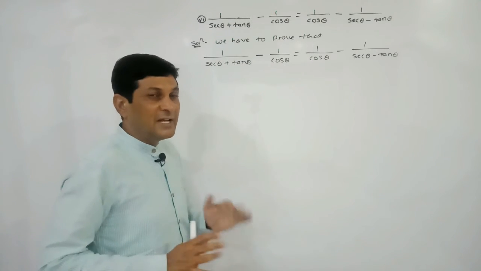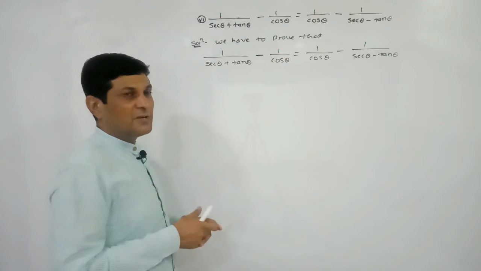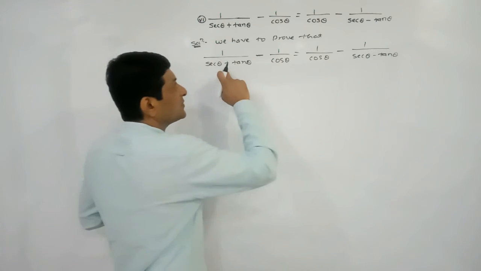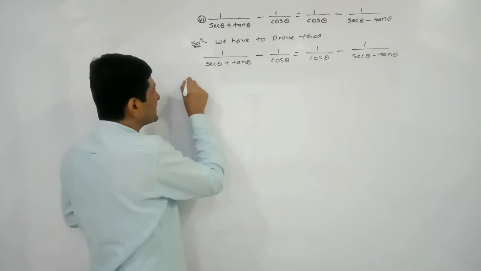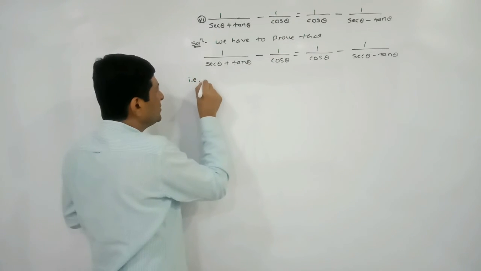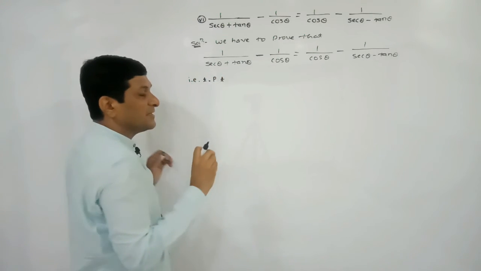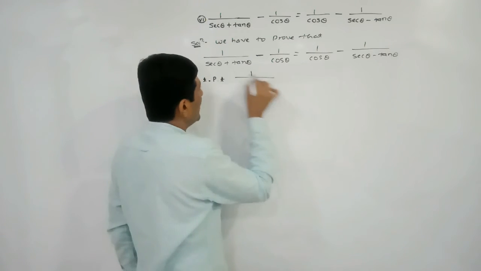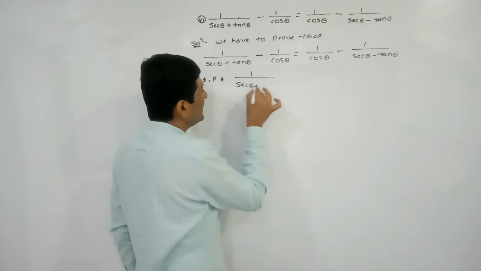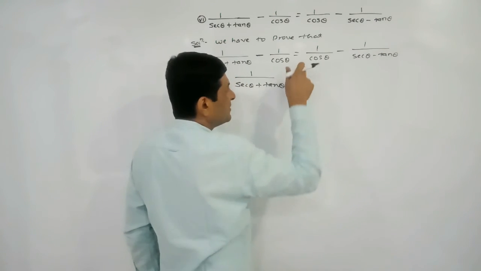Right hand side. That's why we are using some alternate method. Try to understand it very carefully. So we have to prove that this left hand side is equal to right hand side. That is, to prove that, this can be read as what? To prove that 1 upon sec theta plus tan theta, and this minus term on this side will become plus